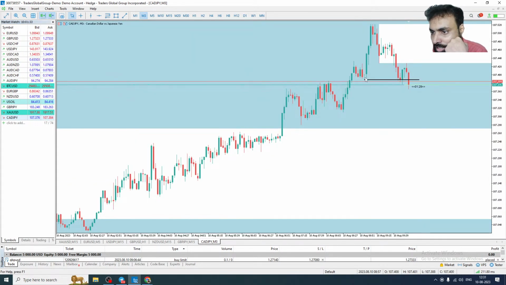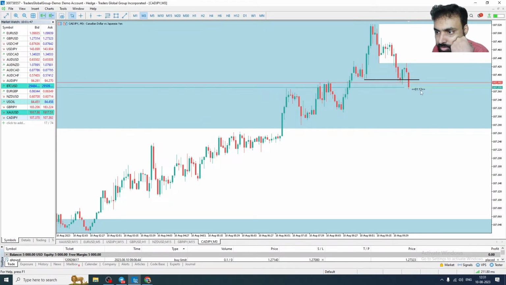If I see the 3 minutes, the breakout structure is happening here. 3 minutes breakout structure happening here. So we can look for a sell entry from this range market, or maybe in this white zone. Okay, we want to see the price come here. As soon as it touches, we'll take a direct trade, a direct sell entry.